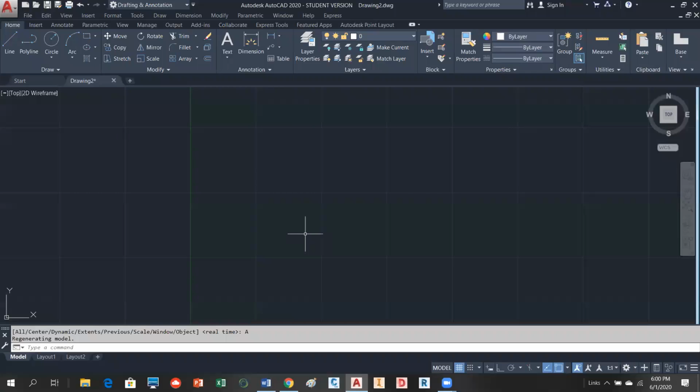There are 2 types of rectangular inputs, and there's 2 kinds of polar inputs in AutoCAD. The rectangular,